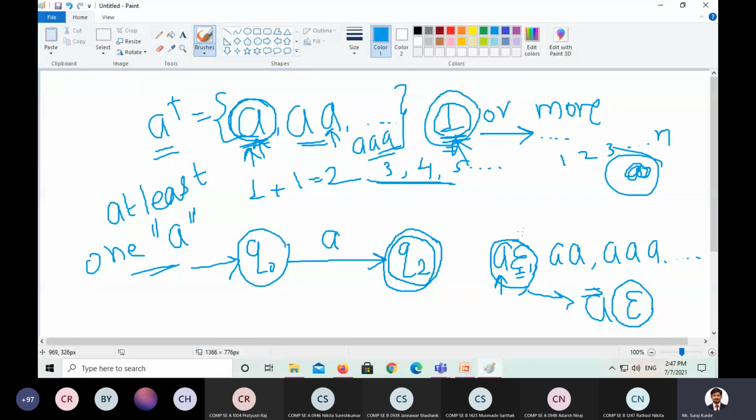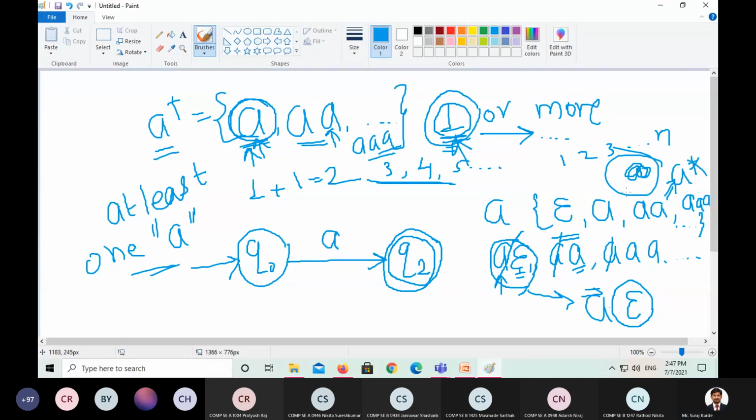Now, if I separate this first A, what is the remaining string? A is taken common, so the remaining is epsilon. From this double A, one A is taken common, so consider A as a common. So single A, then again one A is common, double A, then 3 times A, and so on. Now what is this? A star. So A concatenated with A star is A plus.